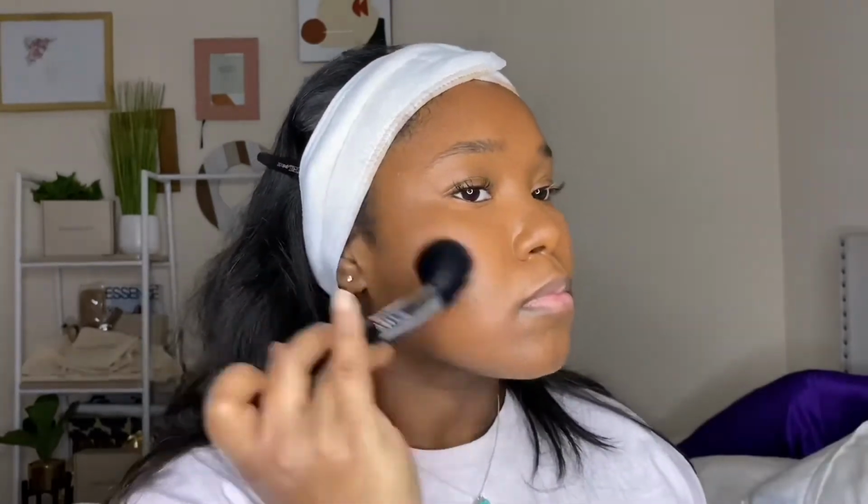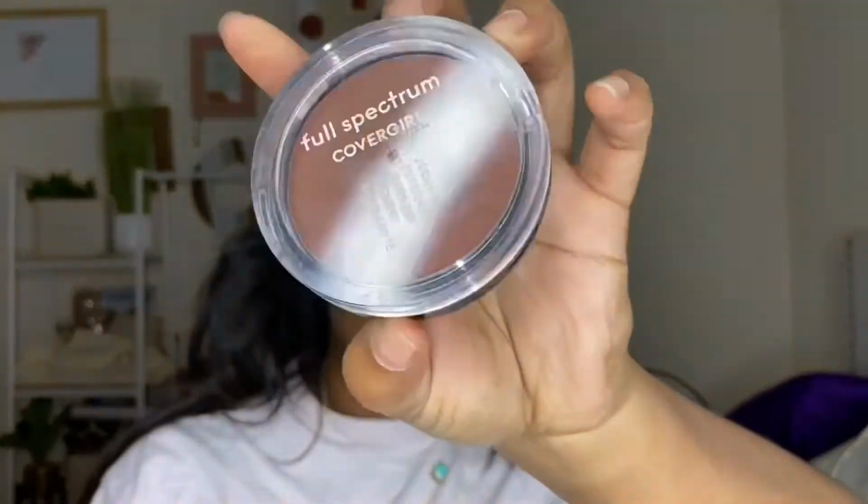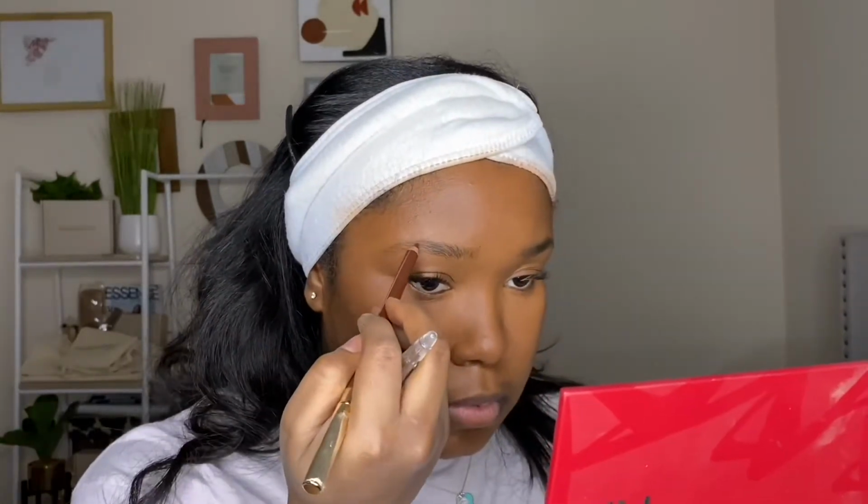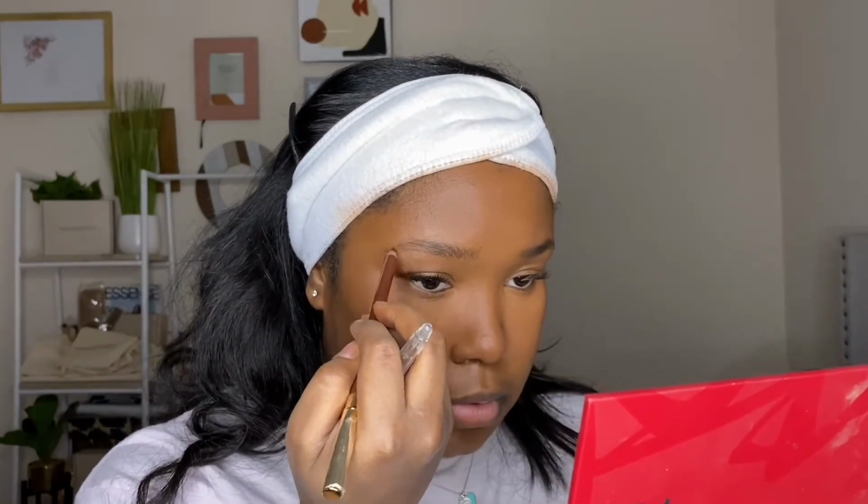I'm using the Sigma brush. It's confusing with these beads, honey, but I'm gonna go ahead and put that over my contour and also down the bridge of my nose. And now I'm using CoverGirl, and I'm gonna go ahead and put that over my contour. That's the bronzer, by the way, just to deepen everything up. And I'm also going to put that shade over my eyelids because I really, again, don't feel like doing my eyeshadow. So